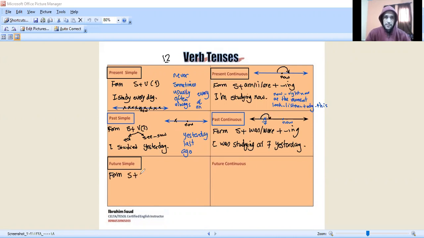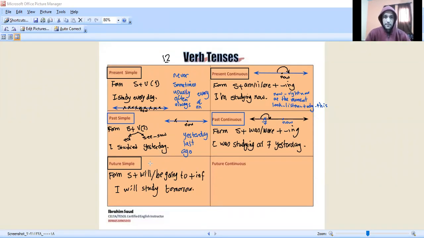Subject plus will or be going to plus the infinitive form of the verb without to, of course. For example, when I say, I will study tomorrow. I will study tomorrow. So the future symbol is used to express the idea that something will happen in the